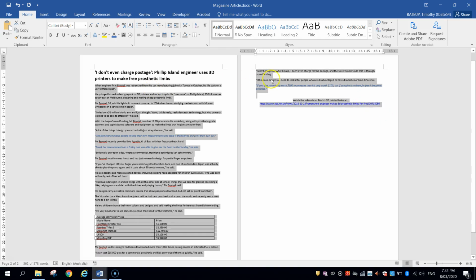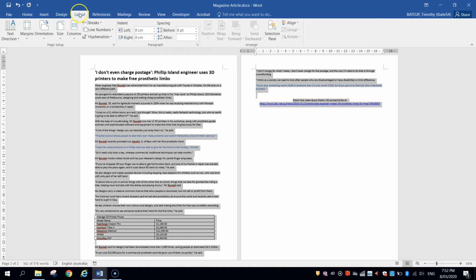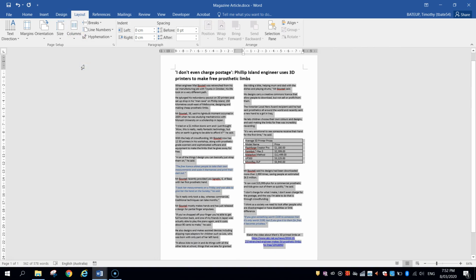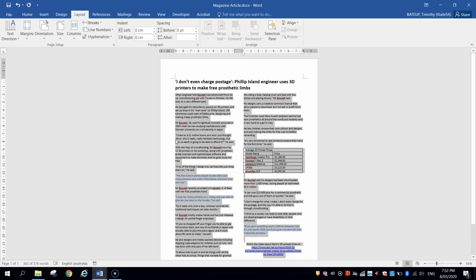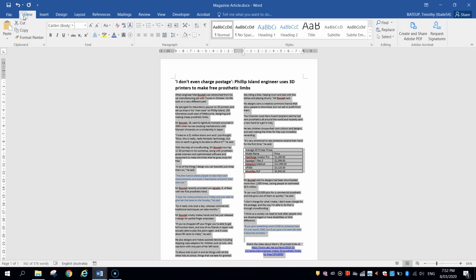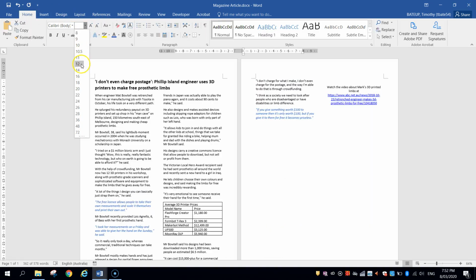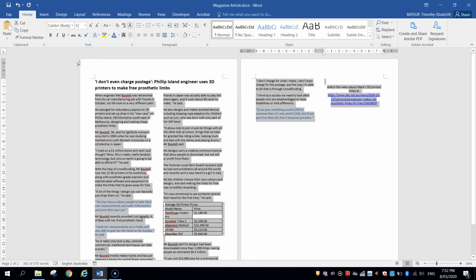Once I've got everything selected except that headline, I'm going to go to the Layout tab again up the top, select Columns, and I'm going to choose 2. Okay, and you can see now that we've got 2 columns in our document, which is making it look a little bit more professional. From here, we'll probably change the font size. I think it's a little bit small at the moment. I think size 12 will look pretty nice. So I want you to change the font size from the Home tab to size 12.